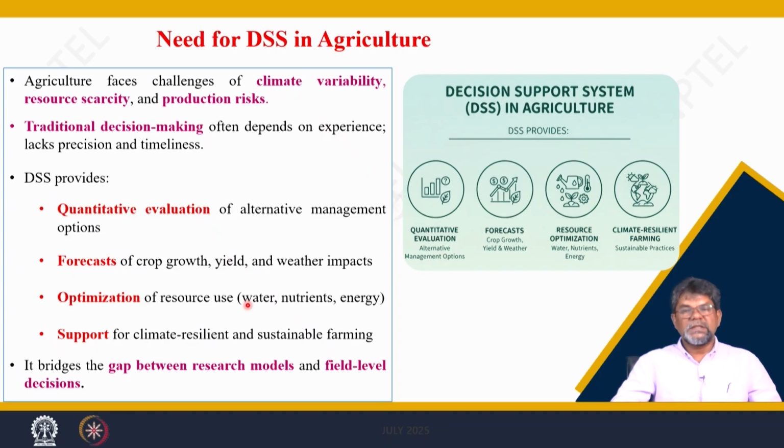So, we need an optimized, site specific, right fertilizer model, a model that gives the answer of how much fertilizer is to be applied. Using the model scenario, you can try different levels. So, that can give the right levels of nutrient to be applied, so that you can maximize the production, and that supports climate resilient sustainable farming. If you use a model and optimize your resources, resources are conserved, and they are limited also. It does not mean that we have plenty of water available and can go on applying irrigation as much as possible. No, if you are applying excess water,